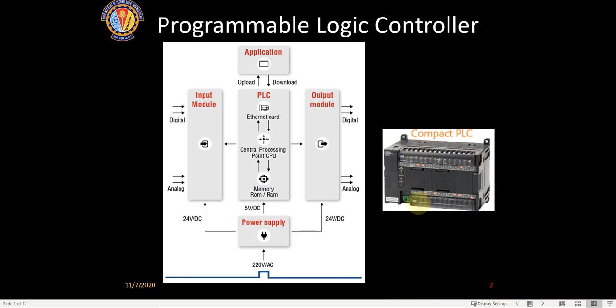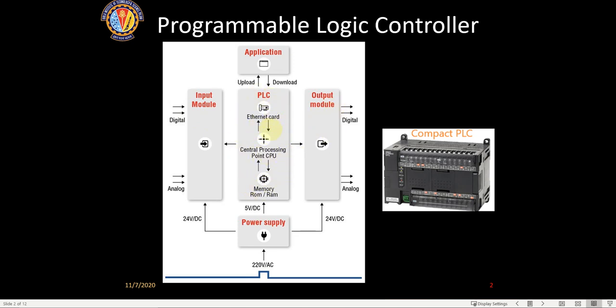It will have several inputs and several outputs. The inputs are generally isolated by using buffers. There will be an input module, and inside the input module there will be a lot of buffers, so that the input is not loading the input lines. It can take analog signals also, but we are going to concentrate on the digital circuits, digital inputs. Buffers essentially isolate the input from the CPU.